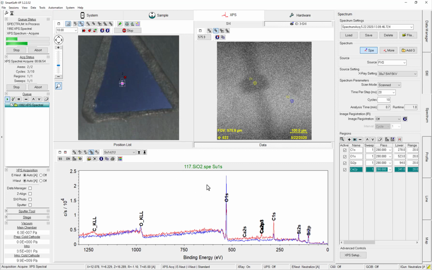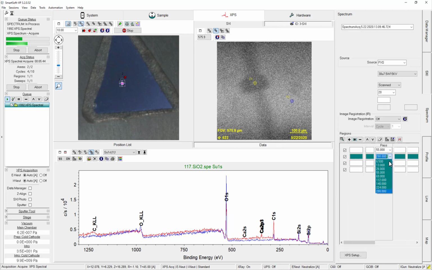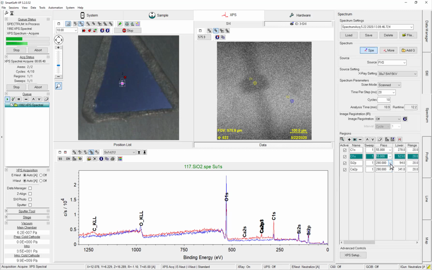Now that we have run a couple sweeps of the survey, the next step is to do a high resolution analysis, in this case of the calcium, just to confirm that it is in one location and not the other. So for our narrow scans, we tend to use lower pass energies. So in this case, we'll use 55 for the carbon, oxygen, and silicon, and for the calcium, because we're more or less trying to confirm its presence as opposed to the chemistry at this stage, we will set it to